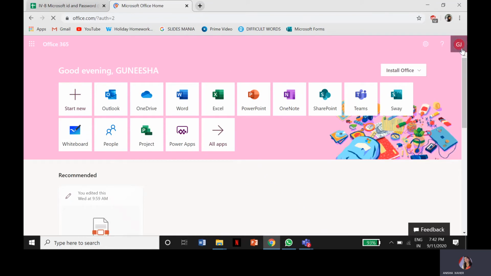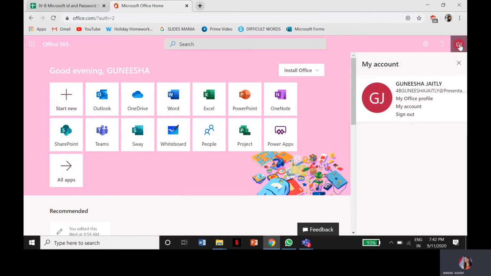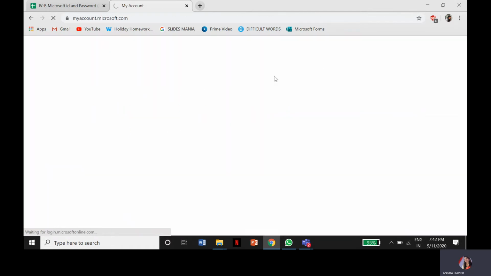Now I go to the right top corner, where the initials for Gunisha Jaitley, GJ, are shown. I click on that, and I click on the second option, that is my account. When you click on my account, another page will open.